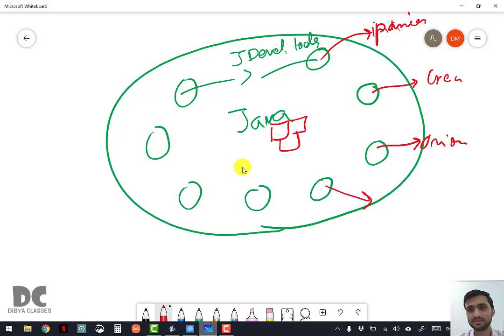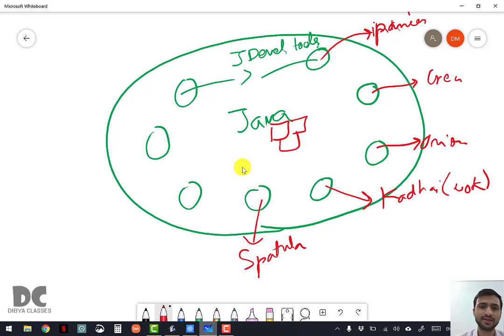You need kitchen utensils like kadhai, wok, right? You need a spatula. You need a gas stove, or induction cooker, some induction machine, something like that.